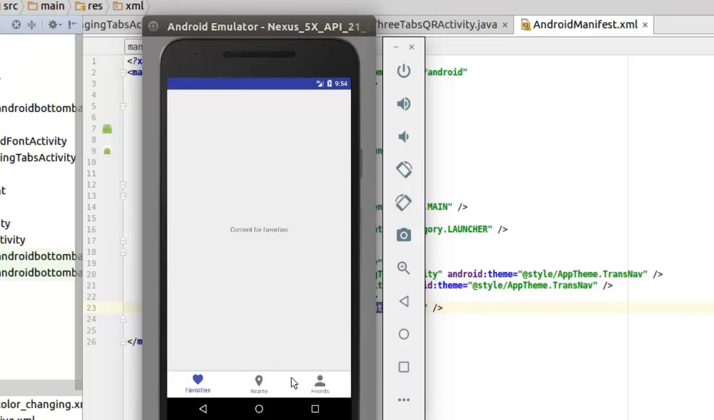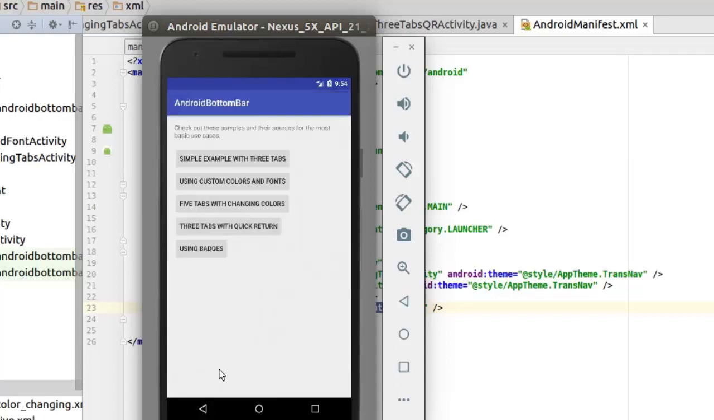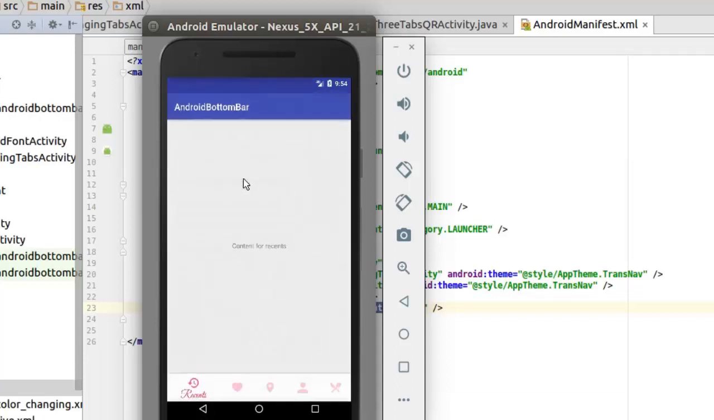If you notice, we have 3 tabs as set: favorites, nearby, and friends. Favorites is highlighted, being the one in focus. Now let's look at nearby. The content for nearby changes, so you can replace fragments here or do something funky with this content side. And we have the friends. Okay, that's fine. Let's go back